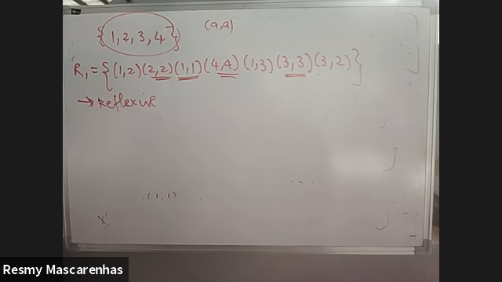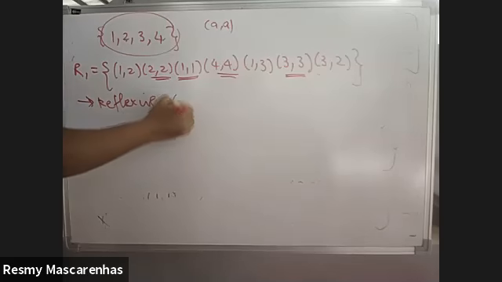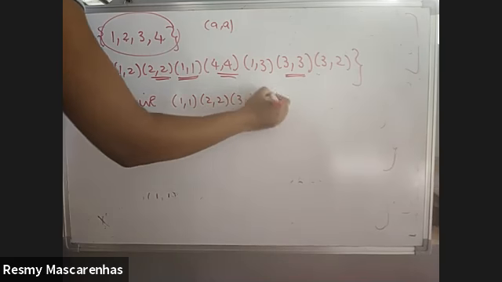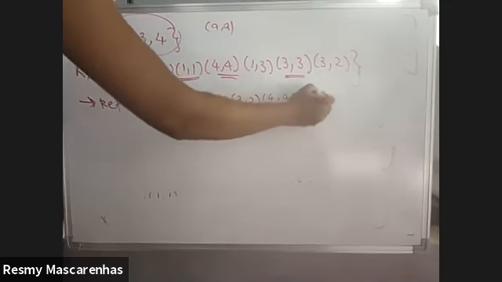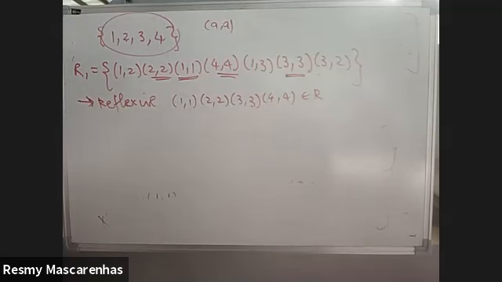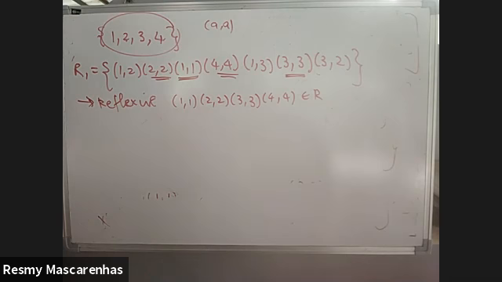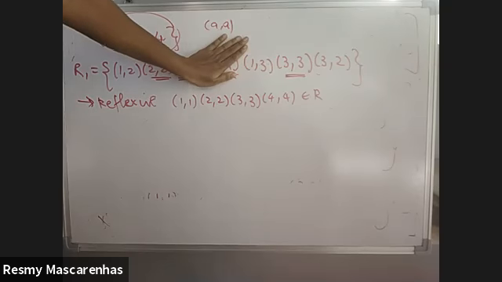If this comes, it will come only for one mark, so there is no answer as such that you have to write. You just have to check the condition and say it is reflexive. For your understanding, if you want, you can write that (1, 1), (2, 2), (3, 3), (4, 4) belong to R, therefore it is reflexive. This is for your understanding; you don't have to write it in the paper. If even one was not there, then it was not reflexive.